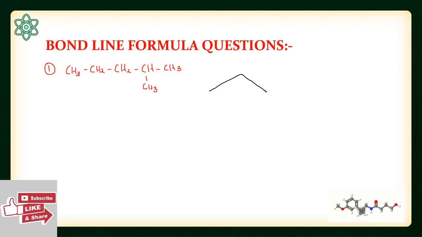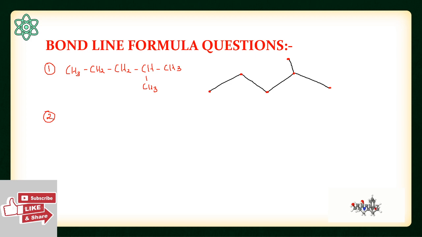So we can draw the 5 carbon atoms in a chain and show that one of them is branched. You can clearly see that all of the carbon atoms have been represented. So this represents the first, then second, third, fourth, fifth. This also represents a carbon atom, so this is the sixth one. So all the 6 carbon atoms have been represented. You do not have to show hydrogen atoms while writing bond line formulas.